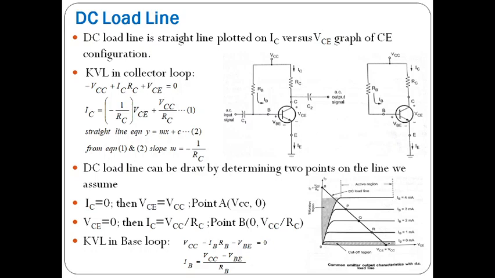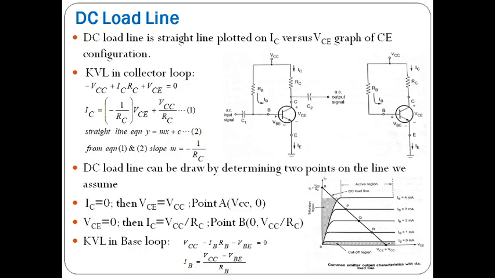So here on the DC load line we represented three points for the different IB values. Why? Because the output characteristics are drawn between IC and VCE by considering constant IB values for the different IB values. So now we represented the three points P, Q, R. Here point P is closer to the saturation region, Q is present in the middle of the active region, and R is closer to the cutoff region.